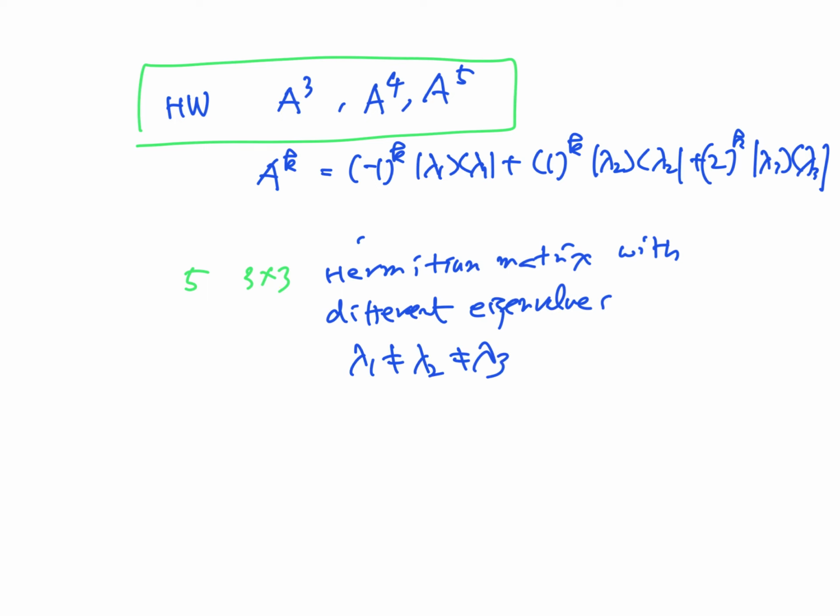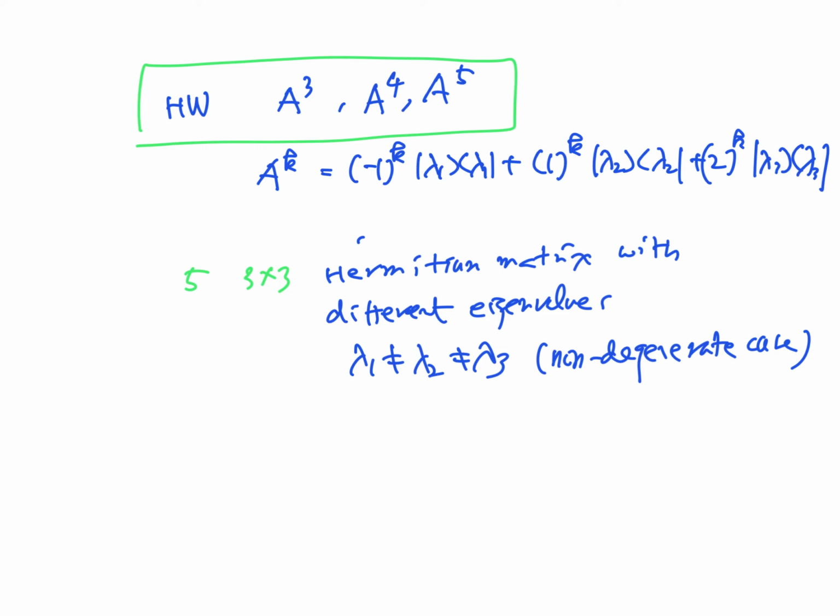I mean, some of the matrices have the same eigenvalues, like lambda 1 is equal to 1, lambda 2 is equal to 1. Those are the cases called degenerate. So this is called the non-degenerate case. When some of the eigenvalues are the same, it's called degenerate. But ignore the degenerate case. Just consider the case